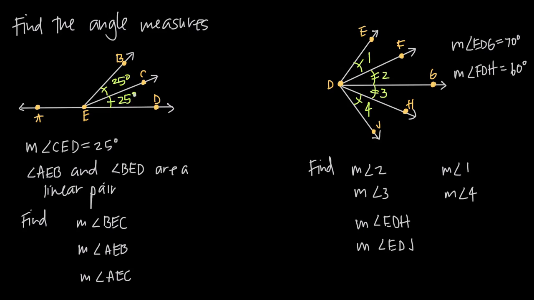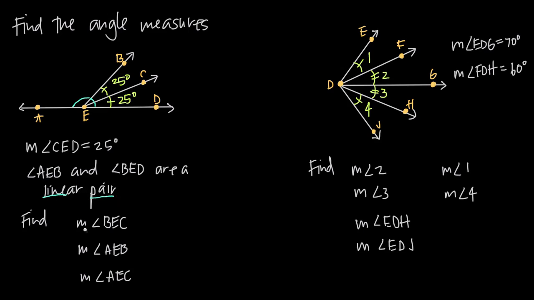They're both 25 degrees. We've also been told that AEB, so let's find that AEB here, this angle, and we can go ahead and indicate that angle right there. And BED, so BED, that's this angle right here, that they form a linear pair, or that they are a linear pair. To be a linear pair, it means that the two angles together, added together, are going to equal 180 degrees. You can think about it this way: a pair of angles